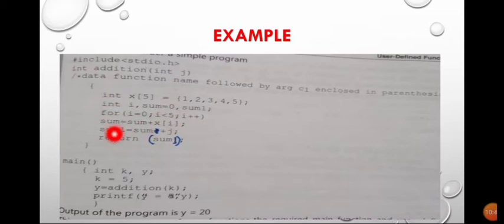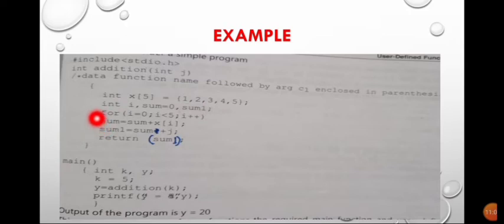Now see, this is the function. In that function, int x[5]. As there are 5 numbers, 1 2 3 4 5, this is an array of 5 numbers, so it can be defined as variable x. Then int i, sum equal to 0, and sum, i, these are defined here.